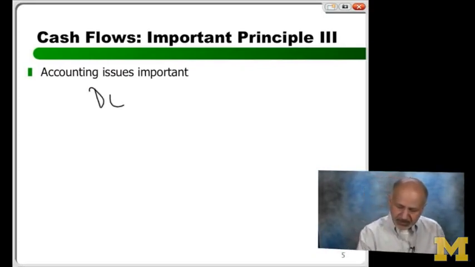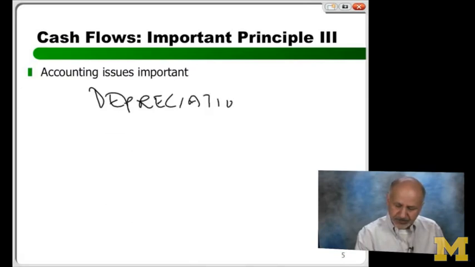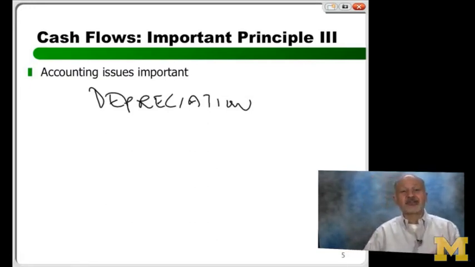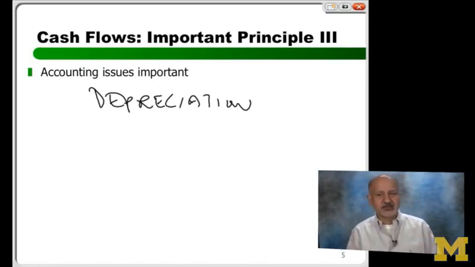So the notion of depreciation is important because it's an entirely fictitious creation, trying to replicate something that's important in life, how much of the machine you use, but it's fictitious, so it's an accounting measure. Similarly, when you sell equipment at the end of a business and make a gain on selling the equipment, there are some tax implications which are accounting based.